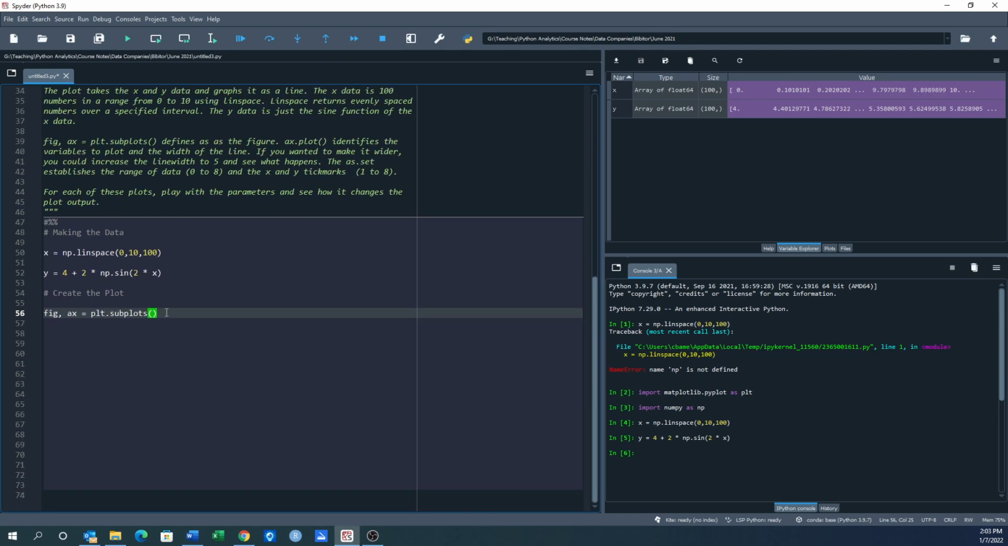That's the function. Okay. The next one is ax dot plot, and we want to plot x. We want to plot y, and I want to have the line width equal to 2.0. All right. The next thing we're going to put in here is we're going to put in the set. So ax set